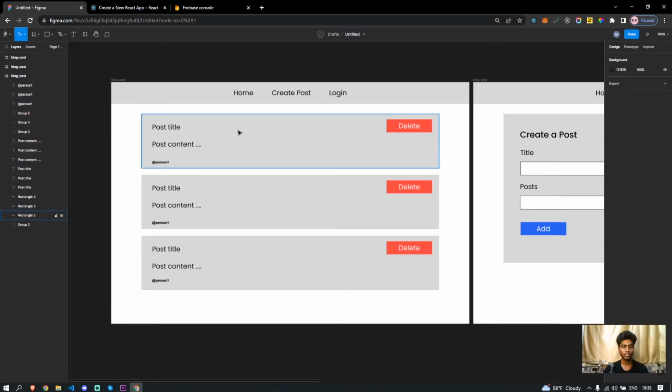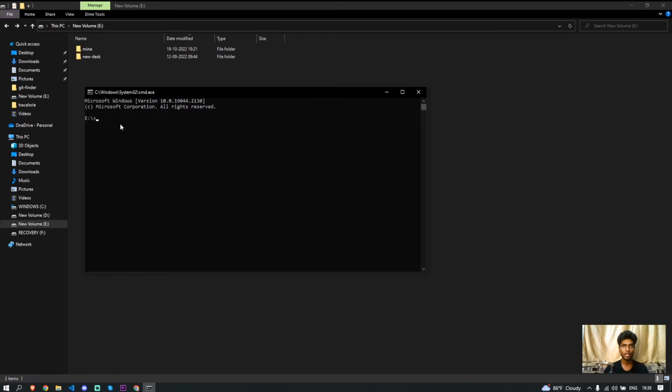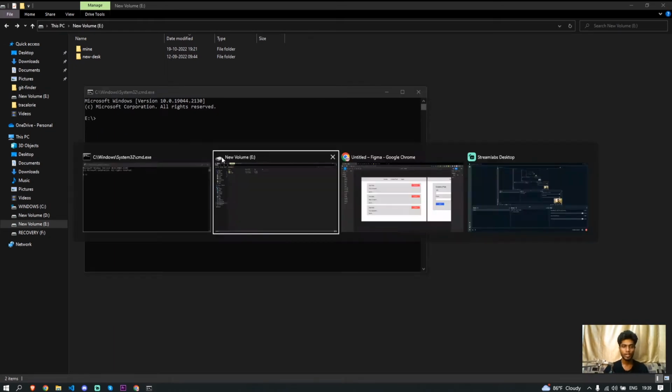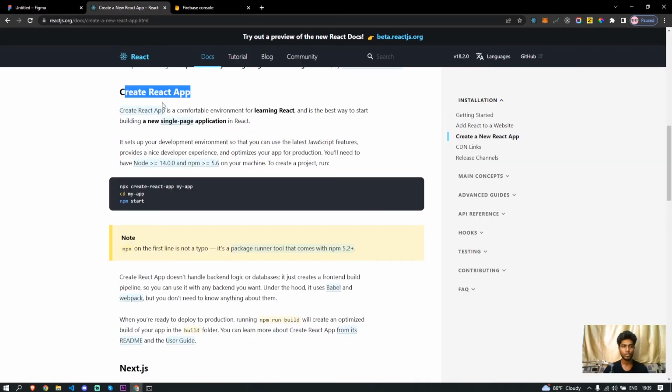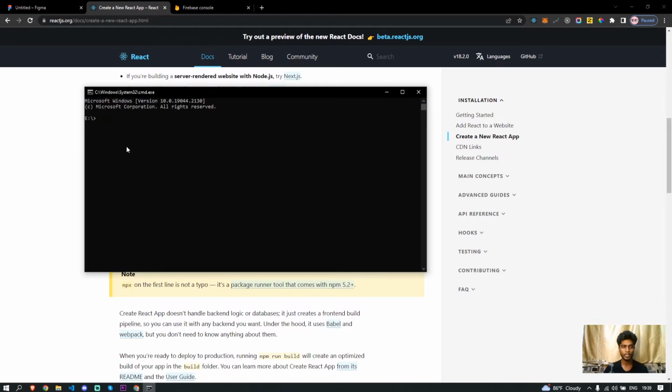So we'll start, guys. The first step is to go to the file manager. Here I'm in the E disk, so I'll just type CMD here. This will open the command prompt. Here I will show you the step to create a React app. You want to type npx create-react-app, and then give a folder name, whatever name you're going to use for your project. So coming back here, I'll just type